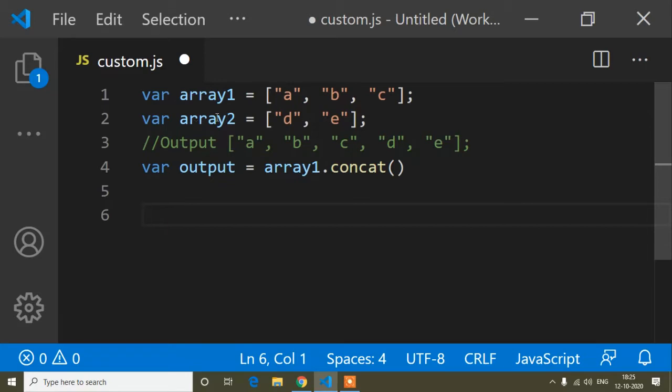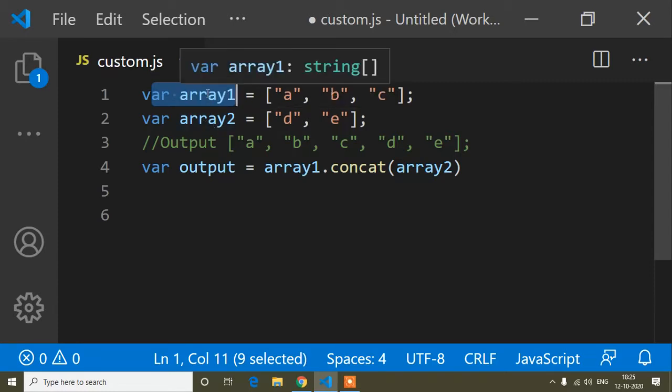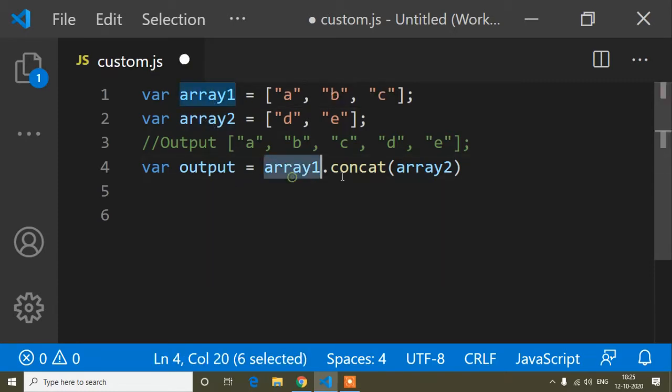The value here is abc, so the output we want is abc, and also this array's value d and e. So for that I first want to concat the second array into the first array. That's why array1 dot concat, and the concat will be the second array, array2.